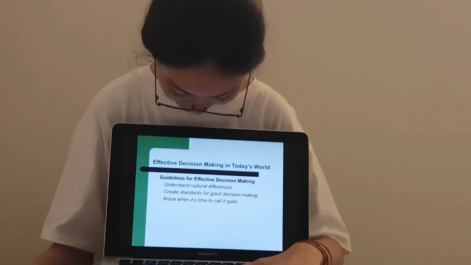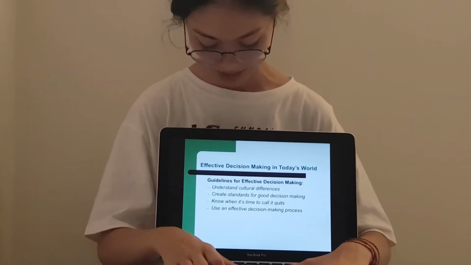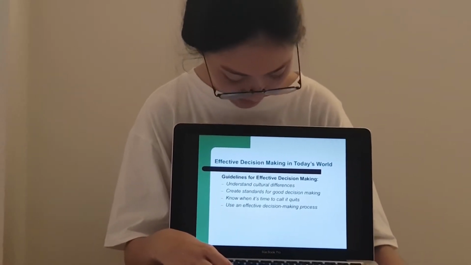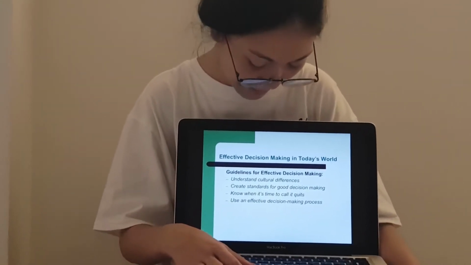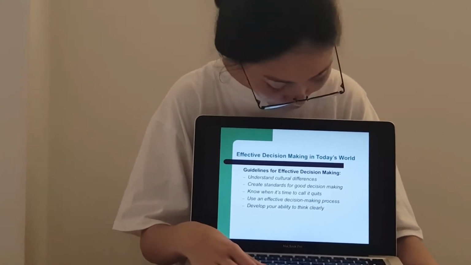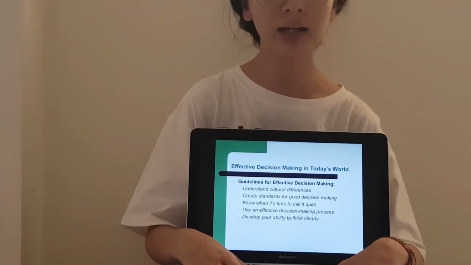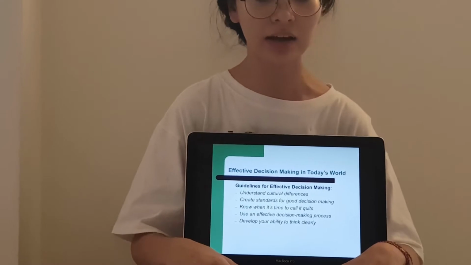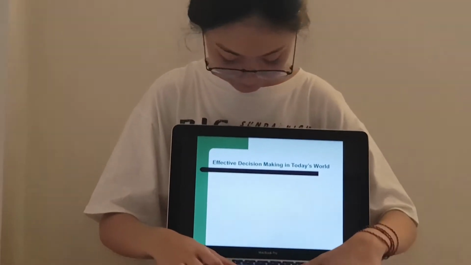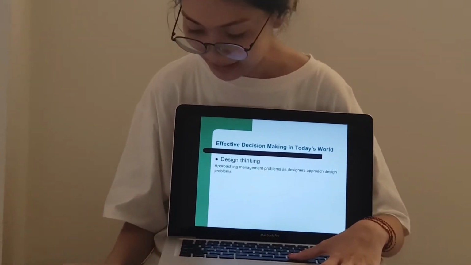The next one is know when it is time to call it quits. The fourth step is about using an effective decision making process. And the last one is develop your ability to think clearly, because it allows us to have a good vision and go through everything right, as we may know that